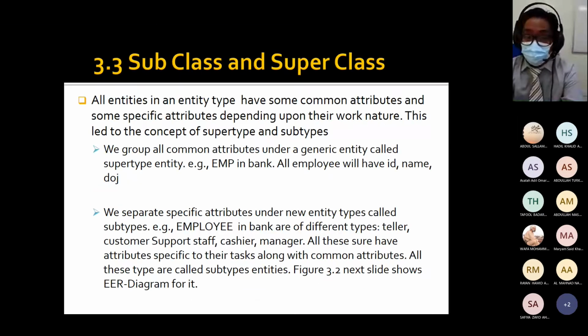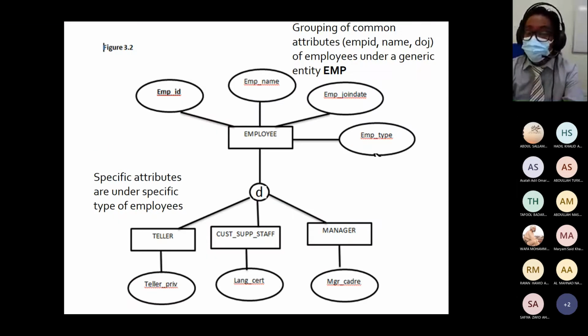Okay, going back to this one, is subclass and superclass. So this figure 3.2 seems pretty much complete already, but at least you have an idea that the EER looks like this. You might be seeing that we now have the higher level and the lower level, and we have a generalization